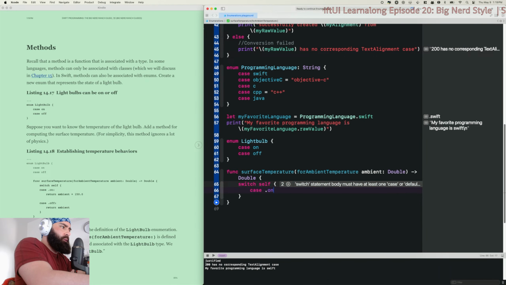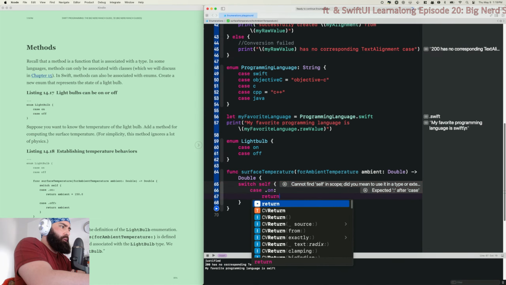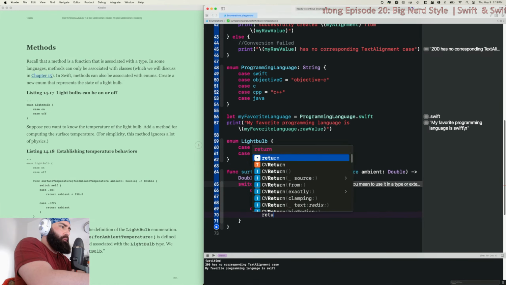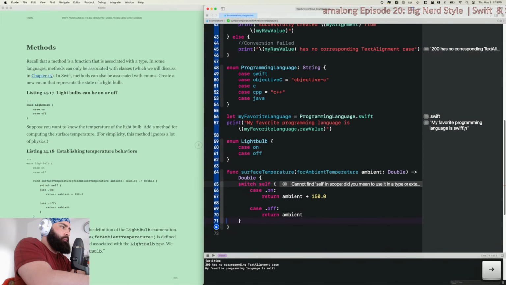Case on: return ambient plus 150. Case off: return ambient.